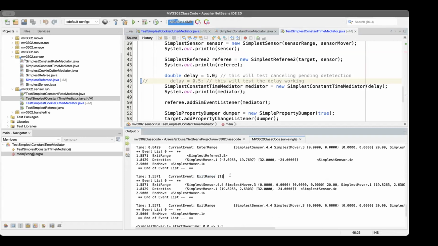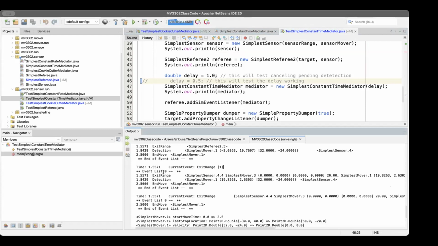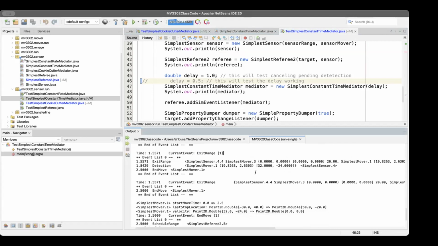Okay, this is the exit range in the original one. And this is the one that's heard by the mediator. And so what we're looking for here, here's this detection. That exit range occurs, the detection is gone. Okay, so check. Okay, and then now